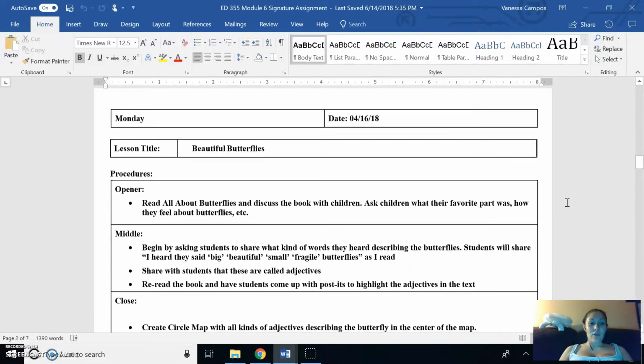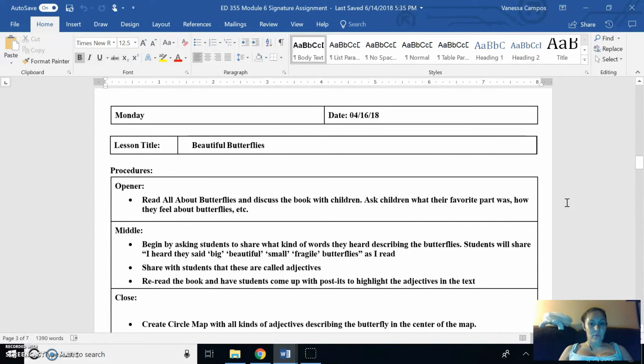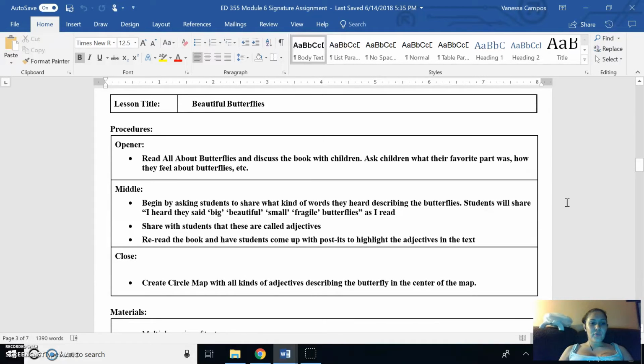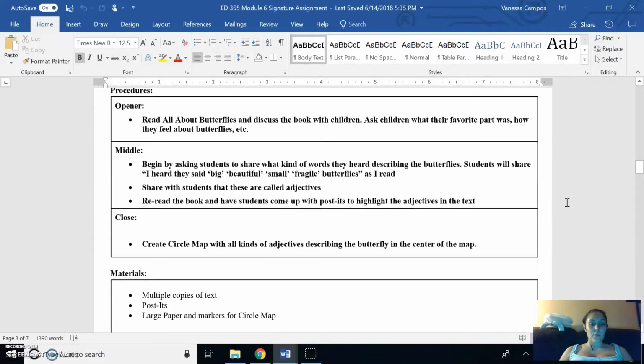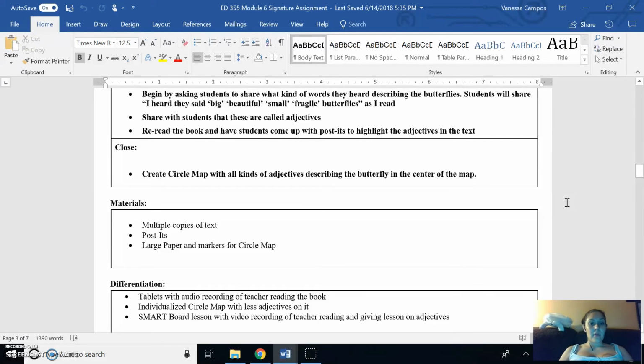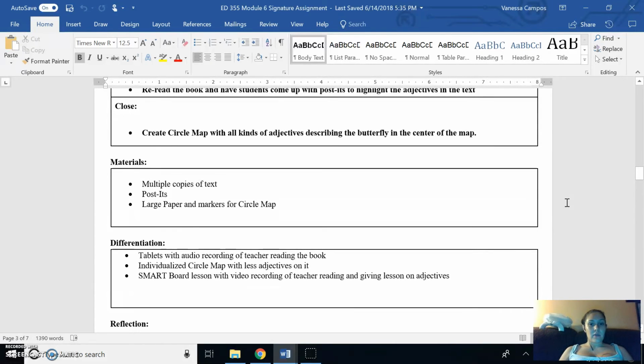for each day. So on Monday, like I said, I'm going to read the book. And then after I read the book, we're going to talk about what adjectives are. Students will be responsible for highlighting with post-its the adjectives that they find in the text. And then we're going to create a circle map with all the adjectives that they found inside the book describing